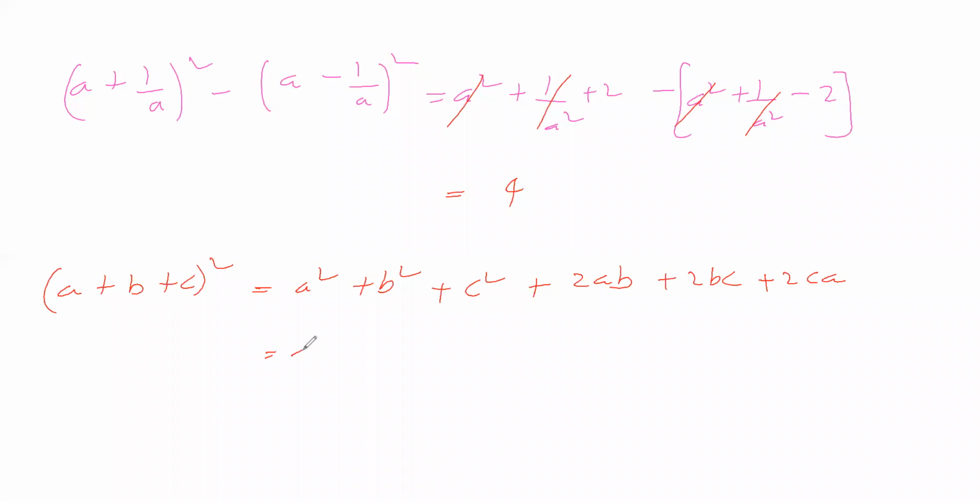So what is the common term we will take outside? Common term is 2. So if you take 2 outside, you are getting ab plus bc plus ac. Sir, next formula we will take. Next formula,